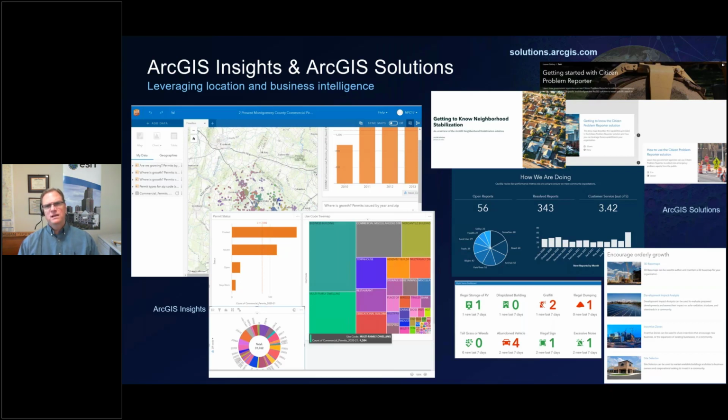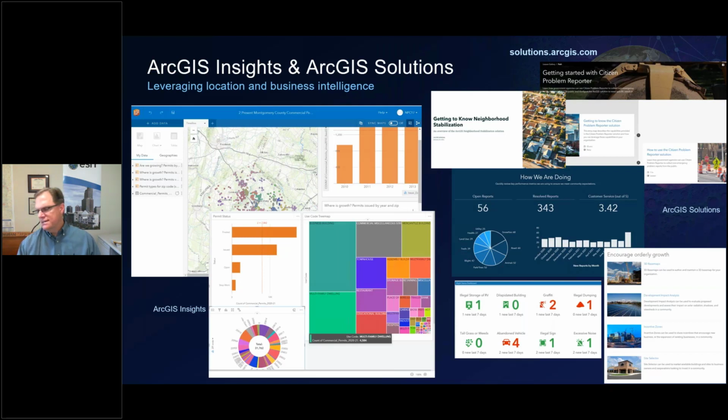We have dozens of these for planning and economic development, so I would strongly encourage you to take a look at those. Again, they're also covered by tech support. And your gauge to go by, as I've told many of our users before, is that I've set some of these solutions up. So if I can do it, anyone can.